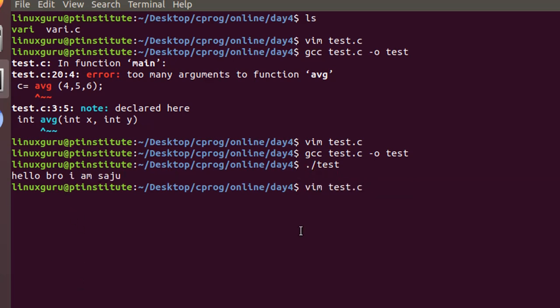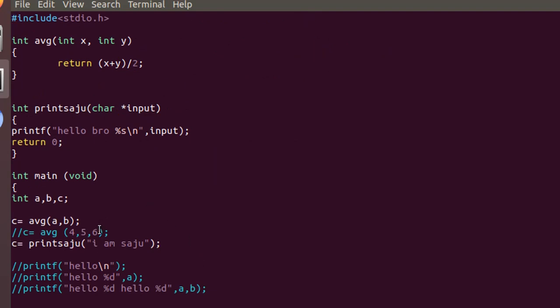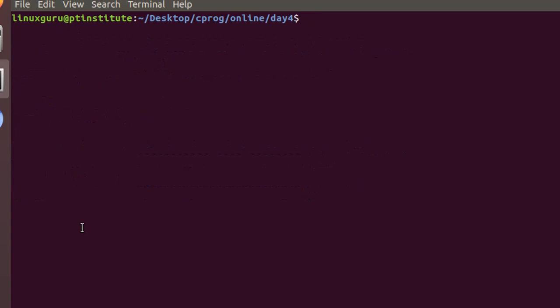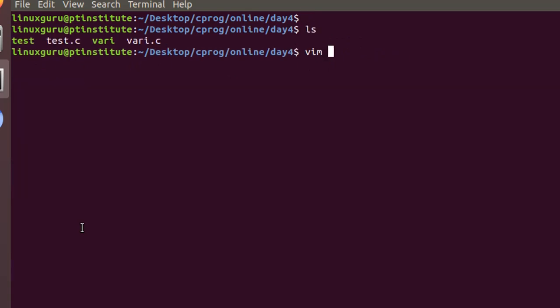Understand? So this is one argument. In the same way this is one argument, then here it is two arguments, here it is three arguments. Like that, all these are variable input arguments. So printf is a special type of function where we can have variable input. How to write a function which can hold variable input is what we have to see today.